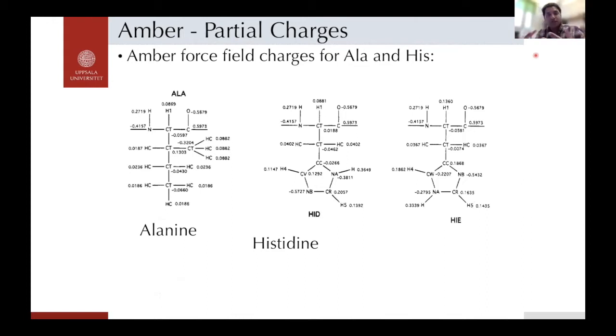There are different methods to define the partial charges, and they can be slightly different. In Amber, they mainly use a method called the restrained electrostatic potential, or RESP method. This is a very widely used method for assigning partial charges for various organic compounds, and it is mainly derived from quantum calculations, using Gaussian calculations with the underlying quantum chemical